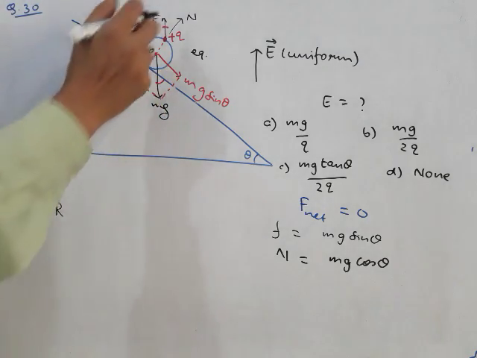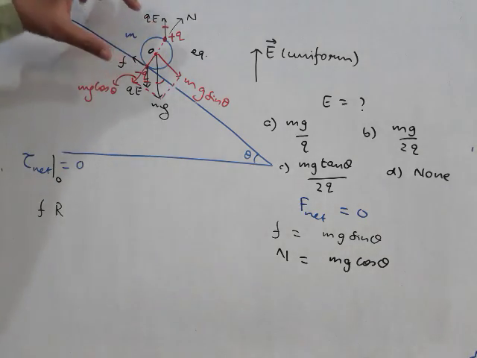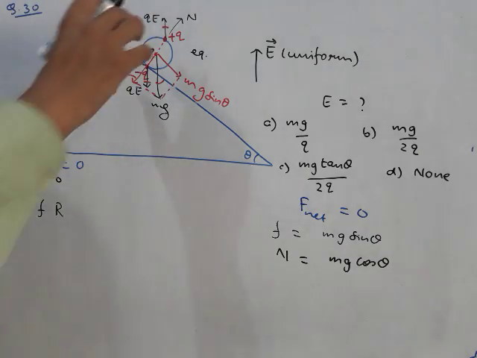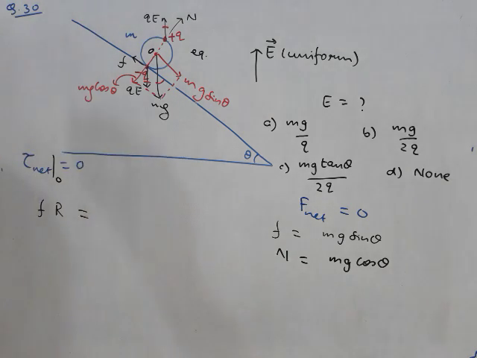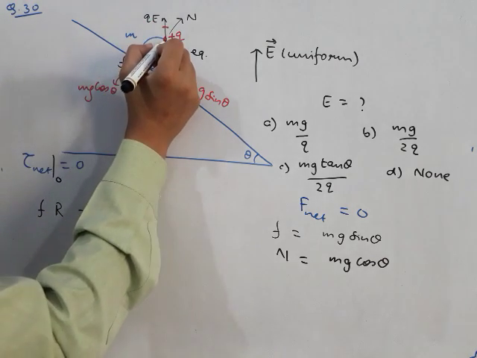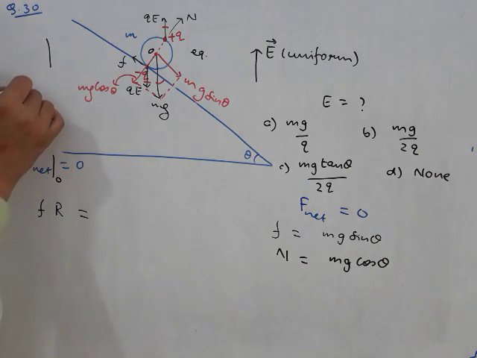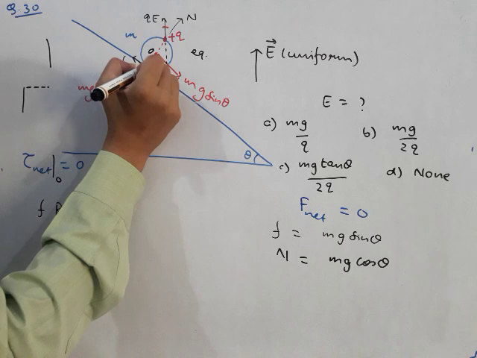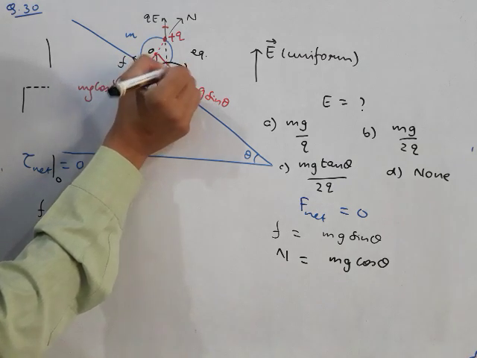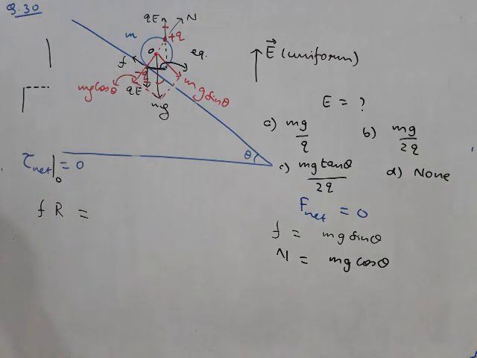QE and QE, these two forces are equal in magnitude, opposite in direction. It constitutes a couple and they try to turn it in the opposite sense. So this torque must be equal to the torque exerted by QE and QE. Now how to find that torque? That torque, for that couple, will be the force into the perpendicular distance. Now you see, this is QE and this is QE. The perpendicular distance between them is this one. How much will be that perpendicular distance?